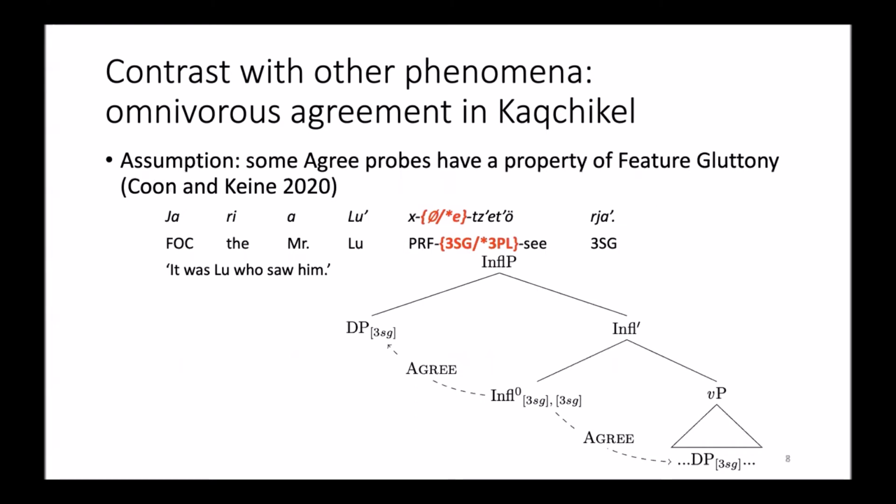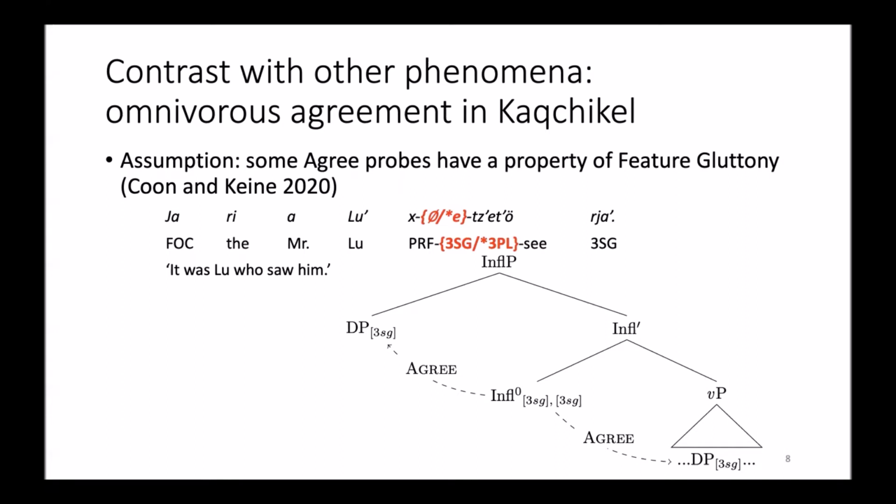So the way we can analyze what's going on in this sentence is we can assume, after Kuhn and Keine 2020, that the agreement probe involved in this sentence is feature gluttonous. So let's say it is located on an infill head. I mean, not let's say, this is actually what people argue for in Practical. So this agreement probe is located on the infill head that agreed both with a subject DP that is specified